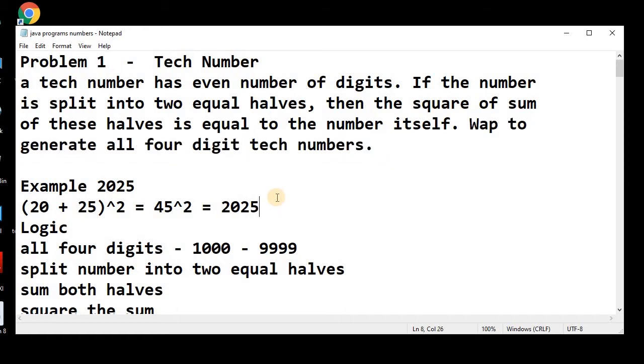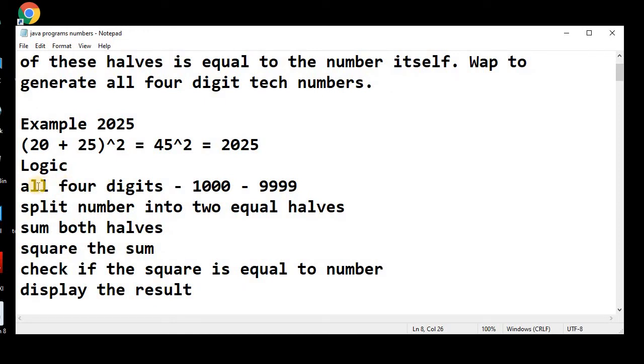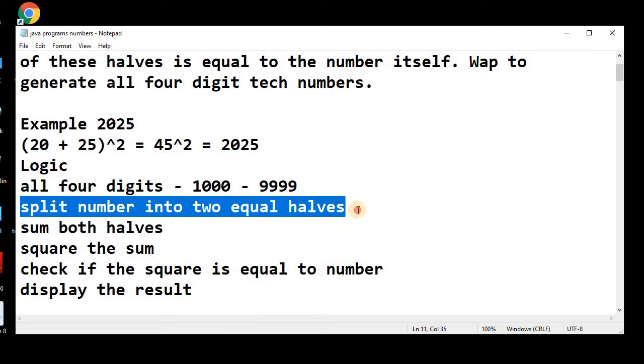So let's see the logic of the program. As we know, all 4-digit numbers lie between 1000 and 9999 inclusive. So we need to run a loop from 1000 to 9999. Then each number will be split into two equal halves.